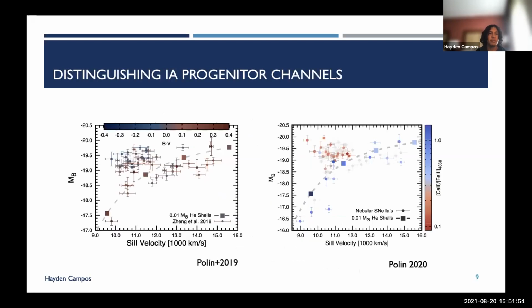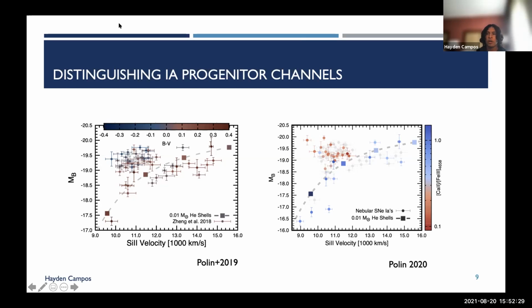To give a little extra background, previous reports have tried to distinguish these supernovae progenitor channels with other theoretical models. These are two examples by Abigail Polin. The first one, on the left, distinguishes the progenitor channels based on color, where supernovae that are more blue tend to lie in the Chandrasekhar mass explosion, while supernovae that are more red tend to lie in the SUB-CHANDRASEKHAR channel. Additionally, on the right, we have another separation of these progenitor channels based on nebular emission,